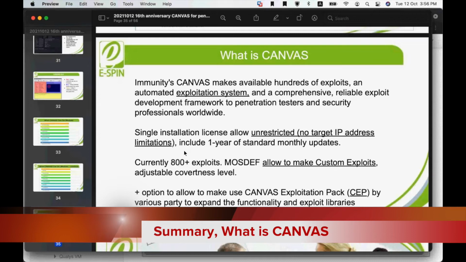Currently, they have 800 plus exploits. But of course, when you talk about pen testing, we need a lot. We need a lot of high quality private exploits that fewer people know, that work in certain specific application systems or unpatched ones, right? So for those things you have to sign up for the Canvas Exploit Pack